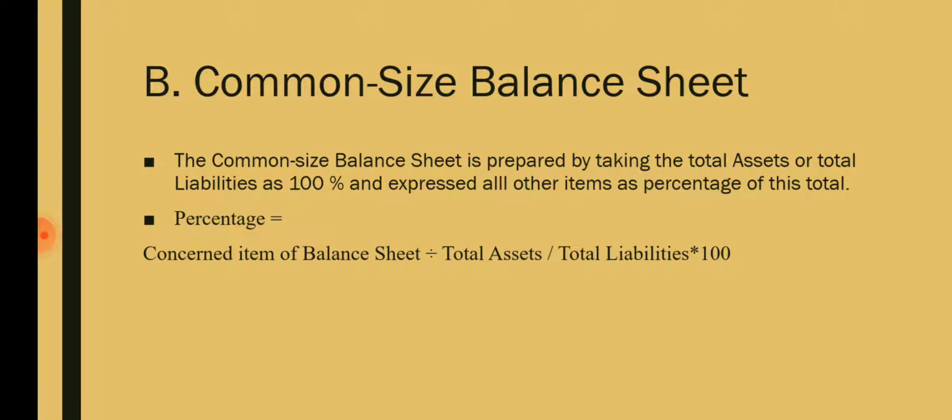Now for example, say here if you want to find out the percentage of current asset, in such case the formula will be current assets divided by total assets into 100, and in case of current liabilities, total of current liabilities divided by total liabilities into 100, you will get the common size balance sheet percentage of current liabilities as well as current asset. In this way, for each and every item of the income statement and balance sheet, the percentage will be calculated by taking total assets and total liabilities as common base, or sales as the common base.